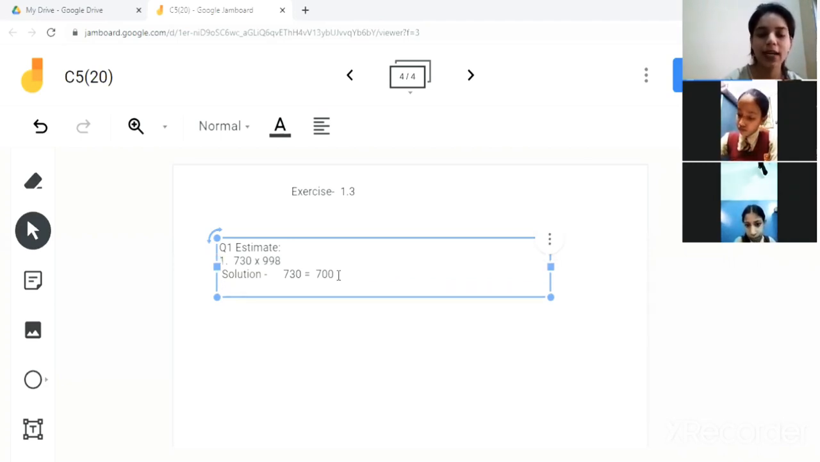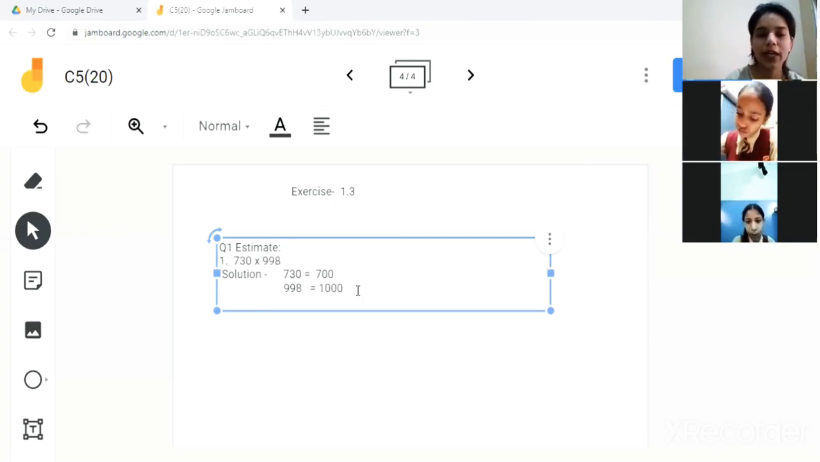Now 998. This is nearer to 1000 because there is a difference of only 2 between 998 and 1000. So it will be converted into 1000. Now we can do the multiplication of two numbers like this. 700 multiplied by 1000. So it will be equal to, children,